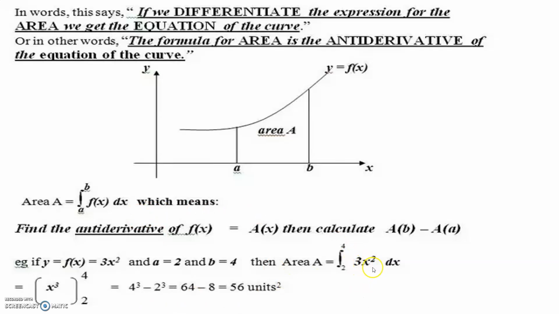We know that integration of x square is x cube upon 3. The 3 gets cancelled, we derive x cube, lower limit 2, upper limit 4. So 4 cube minus 2 cube. So we derive 4 cube is 64 minus 2 cube is 8. 56 square unit, yes, square unit. It is the right unit.